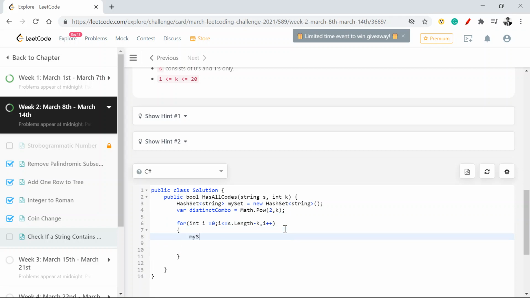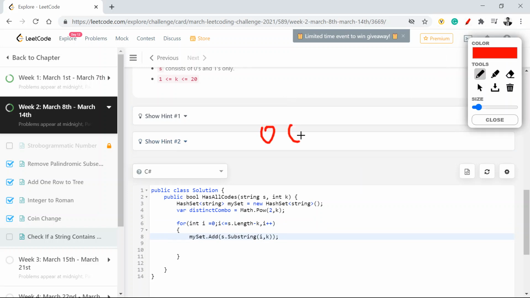So I'll say set.add(s.substring(start, start plus k)), because I need to find all the combinations from a given index up to length k. Hence the reason for length minus k: if I'm given a string, say 0 0 0 1, I am looking at these indexes, because if I go further, I don't have anything afterwards to take a substring of. So this is the max place where I need to be in order to get the maximum possible substring.